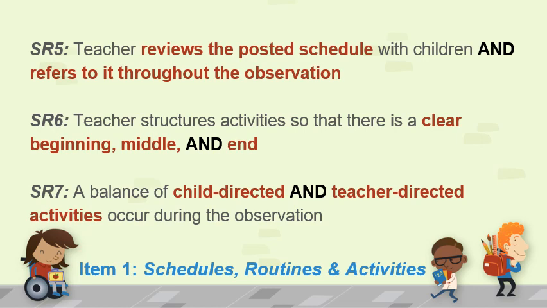This can be verbally reviewed, all or partially reviewed, mentioning just a few of the activities: what just happened, what's happening now, what's going to happen next, and it must occur multiple